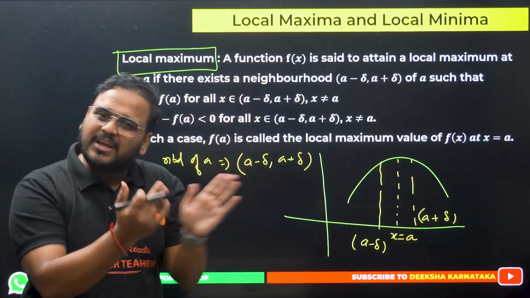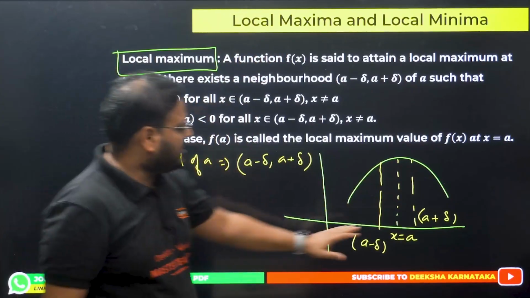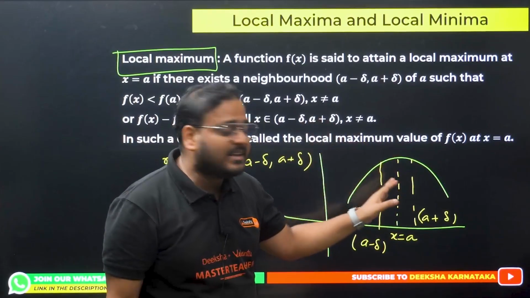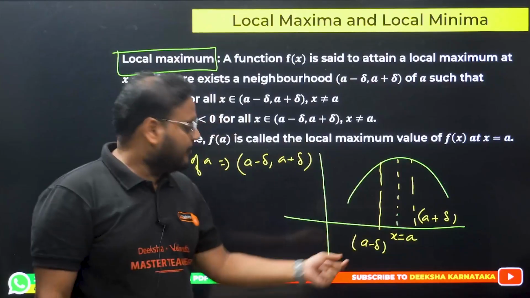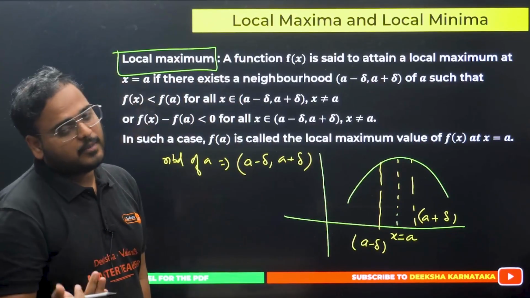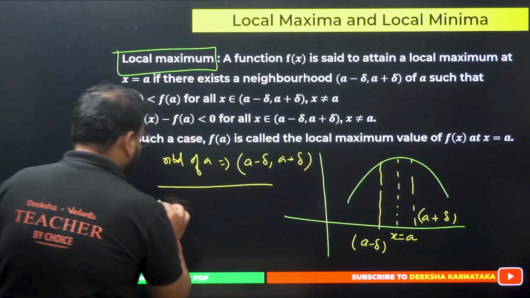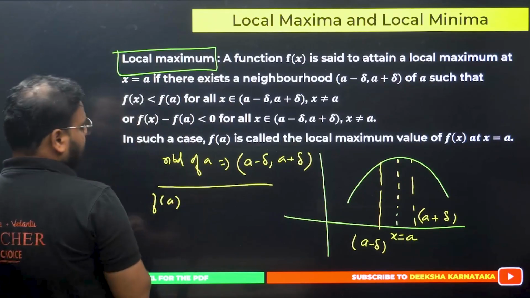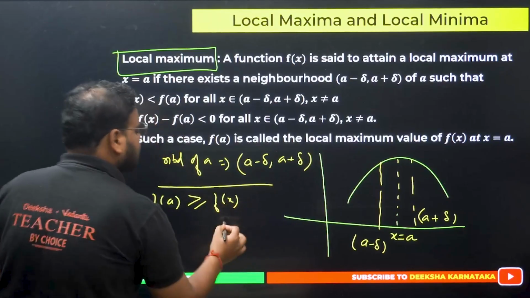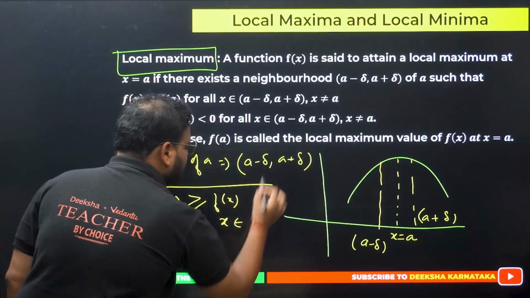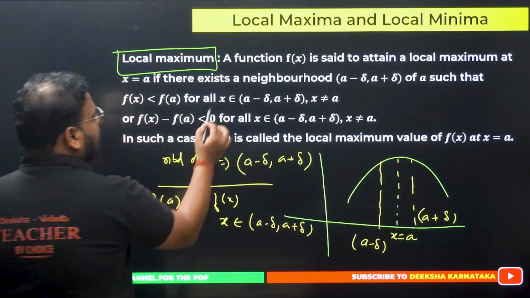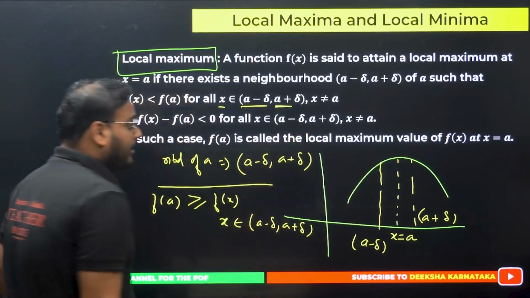Local means only in the neighborhood, only in the nearby region. So in the nearby region, if the point value at this point A is the highest for any value in the neighborhood of a minus delta to a plus delta, then that is called simply as what? Local maxima. Basically, if f of a is greater than f of x, where x belongs to this neighborhood, a minus delta to a plus delta, and of course x is not equal to